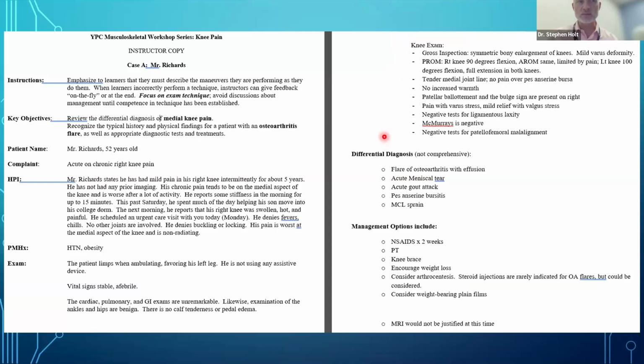After the residents performed the physical exam, they would get immediate feedback. Each station was maybe 16 to 18 minutes long. So there was time to do the exam, get some feedback, maybe practice another maneuver again, and then they would move on to the next station. Importantly, residents were strictly told not to do any counseling. They're not trying to get any more history data. We tell them there is no more history data.